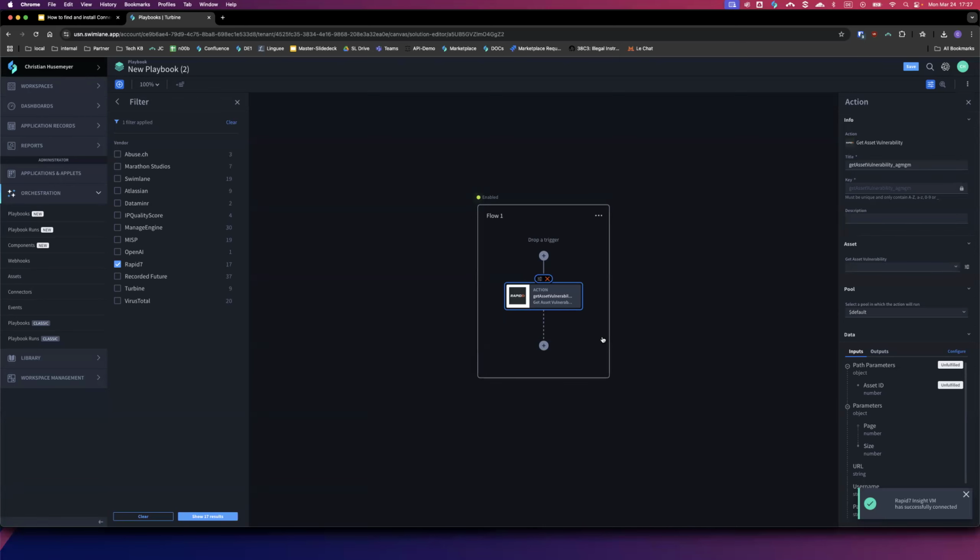So this is the extremely easy way how you can leverage integrations in Swimlane Turbine. You'll find more demos on how to really build playbooks, how to configure actions in detail, all in separate videos. And I do hope this quick demo gave you some good insights into how to easily make use of any of the hundreds of free pre-built connectors to integrate any API-equipped system with our Swimlane Turbine instance for plug-and-play